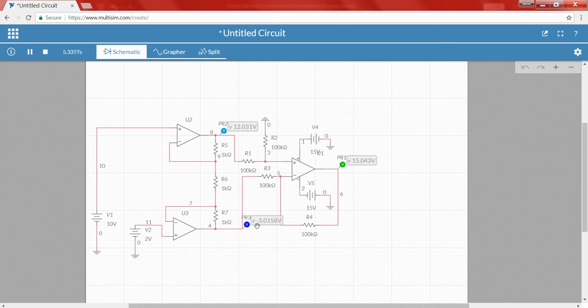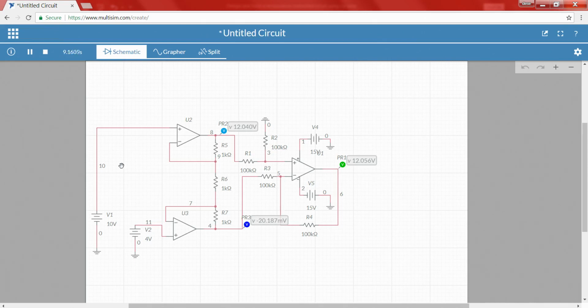So, 10 minus 2 is how much? 8. 8 into gain of 2 is 16, and approximately 15 we are getting, because it has gone into saturation because of the voltage. So, I will decrease to 4. Now the second input is 10 and 4, 10 minus 4 is 6, 6 into 2 is 12, I should get an output of 12. We are getting 12.056, right.